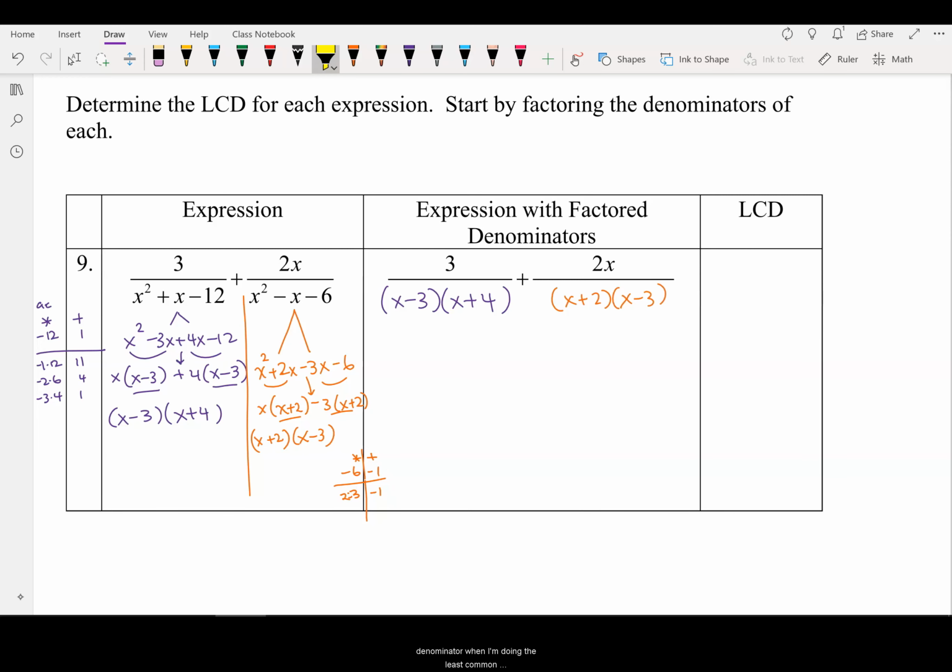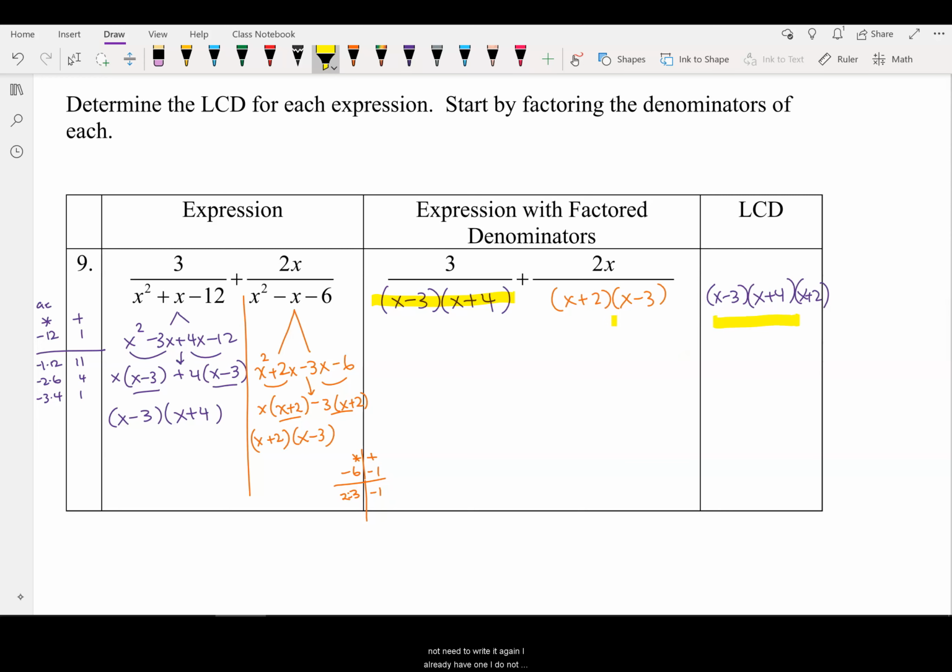Now, the next step, once we have our denominators factored, we need to come up with a least common denominator. When I'm doing a least common denominator, I take everything in the first denominator and I write it down. X minus 3, x plus 4. Those must be in my least common denominator. I have to have those factors there. In the second fraction, I compare the factors of the second fraction with what I have listed in the LCD. Do I already have an x plus 2 over here? No, so I need to include